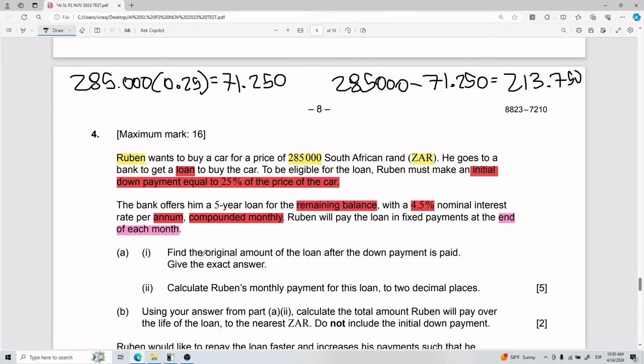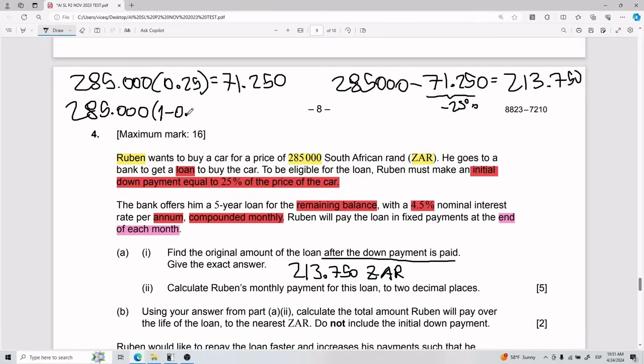So in other words, for part A, part I, you would say that after the down payment is paid, our good old friend Ruben owes the bank 213,750 ZAR. Some of you guys might be thinking, there's a quicker way to do this. You need to take that 285 and do minus 25% of it, right? And so technically you can take the 285 and do 1 minus 0.25, which gives you the 285